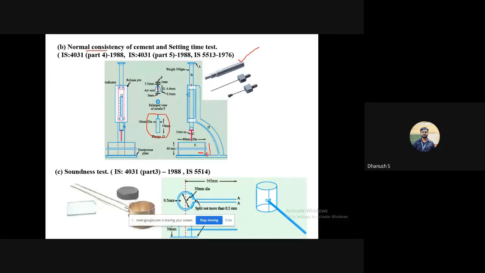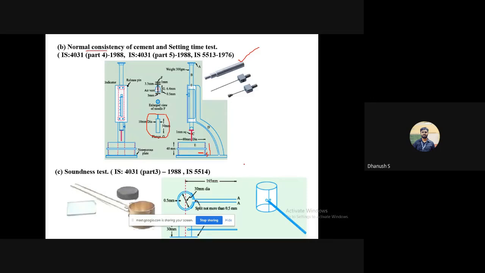For 28%, you might not get 5 to 7 mm penetration. Then what you do, increase the percentage of water. From 28, go to 29. When I say from 28, go to 29, don't simply add 1% extra water to whatever you had done for 28. Okay, because there's something called gauging time. So as soon as you mix water with cement, it starts hydrating. So by the time you finish one trial, it would have easily elapsed 5 to 7 minutes. By then it would have started to set.